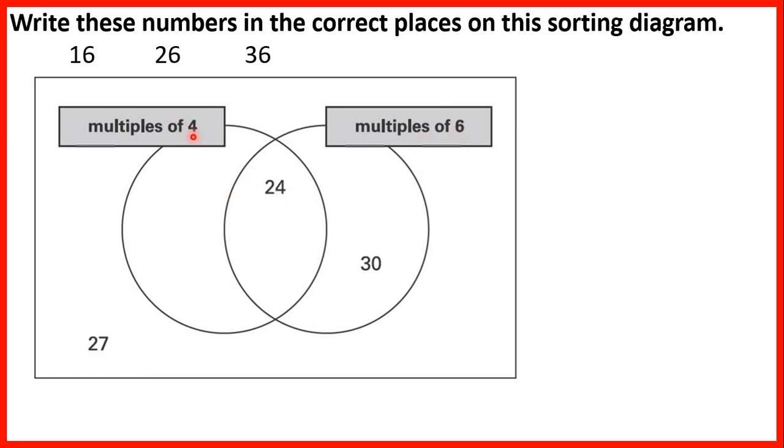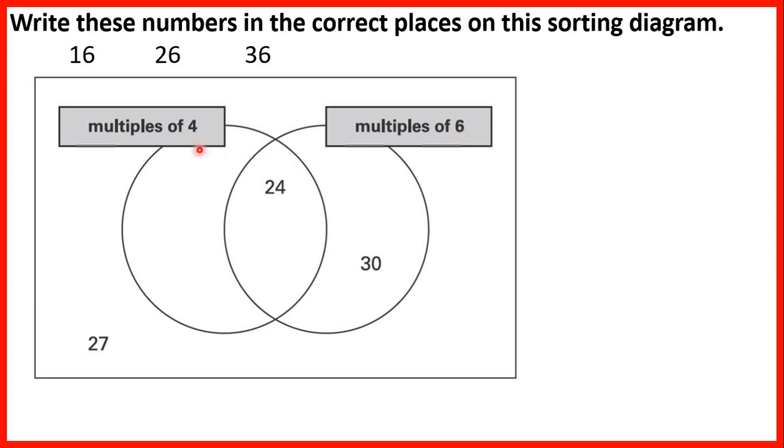24 is in both the 4 and the 6 times tables, so that's why it's covered by both circles. It's in the section where both circles overlap. 30 is a multiple of 6, but it's not a multiple of 4. So 30 is in the circle for multiples of 6, but not for multiples of 4. And then we have 27 written outside the circles because 27 is not a multiple of 4 or a multiple